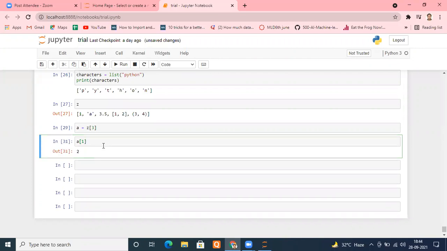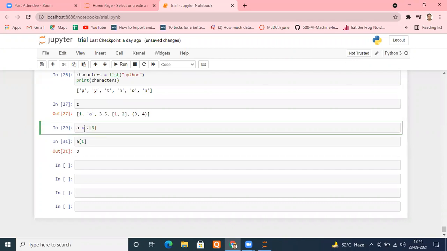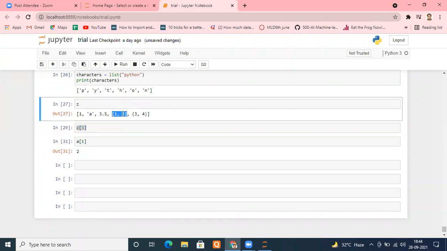Please tell me. See, instead of doing that in 2 steps, what we can do is this. Z[3] will return a list, that is 1, 2. Now from this 1, 2, I want to access 2, and 2's index among this 1, 2 will be 1.